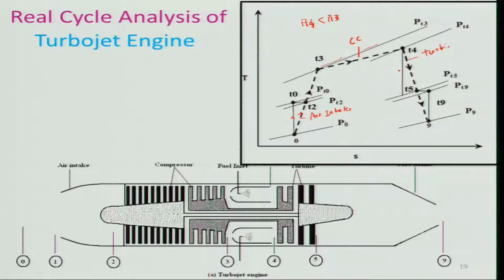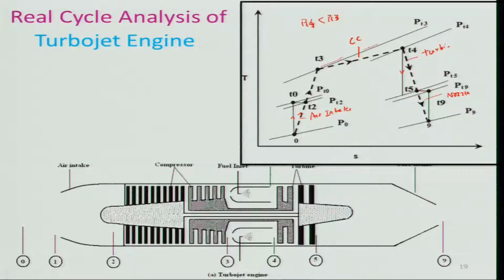The ideal process could have taken place along this solid line, and the dashed line indicates the real process, and this is the expansion in what you call the nozzle, that is from T5 to P9. So, you might be thinking why these two lines are at the same T5 and T9, because here we are assuming the flow to be adiabatic, although it is isentropic, but adiabatic.